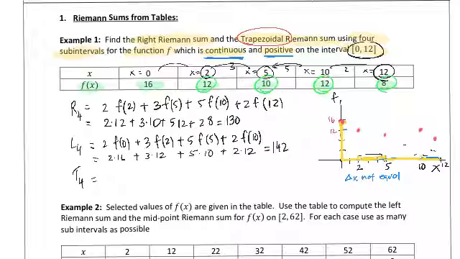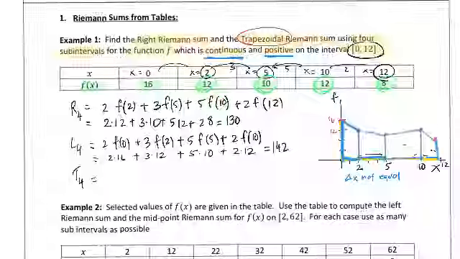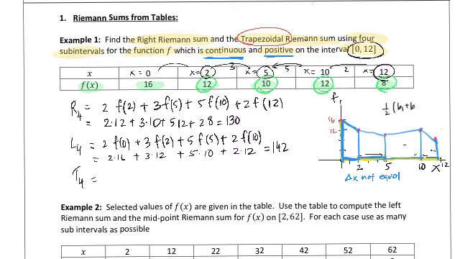Trapezoids are going to sit like this. The first trapezoid is going to be base 1, base 2, height of the trapezoid, and connect. That's the first trapezoid, and then the second is going to look like this. The trapezoidal sum is going to be 4 trapezoids, and for each one, it's going to be 1/2 of b1 plus b2 times height, like we did in the last lesson. The 1/2 is going to come out front. The h in this trapezoidal formula means the delta x. Now, we're not able to pull out a common delta x,